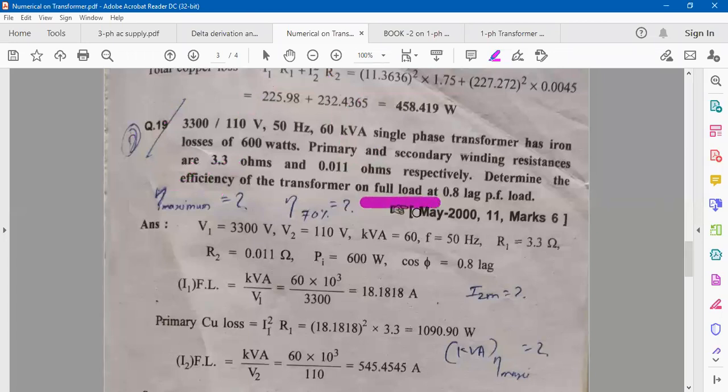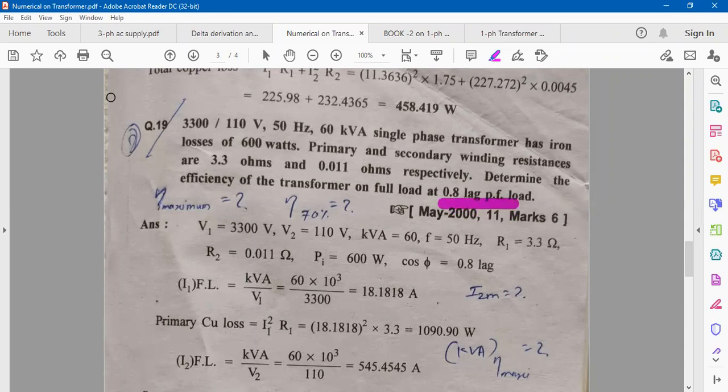Full load efficiency you have been asked to calculate at the given power factor load. So whatever the formula of efficiency, what will be the value of n in that formula? You have been asked to calculate the efficiency at full load. So what will be the value of small n? Actual load upon full load, so full load upon full load. So n will become 1.